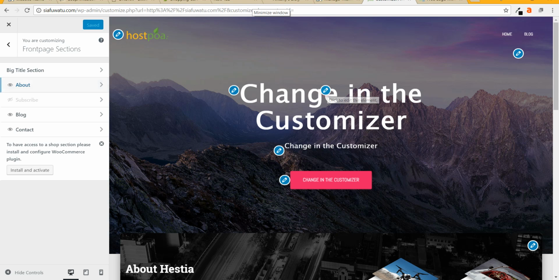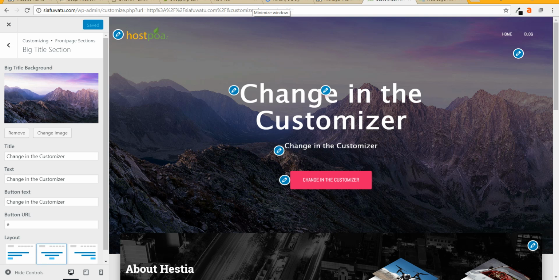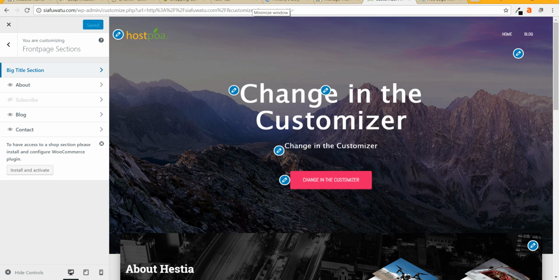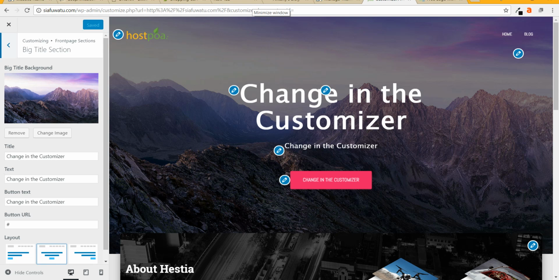For instance, you can click on this and edit this background for it to be different, and change what all of these buttons do in the custom section. So in the big title section, for instance, you can come and change